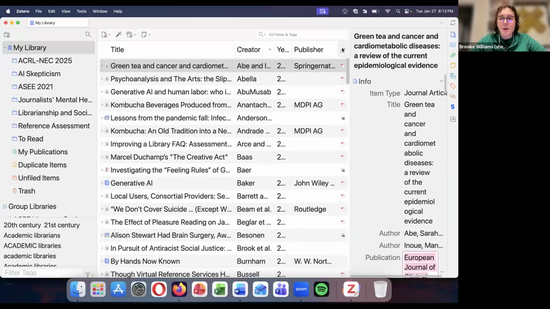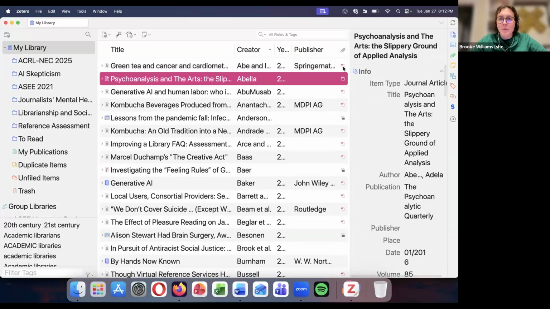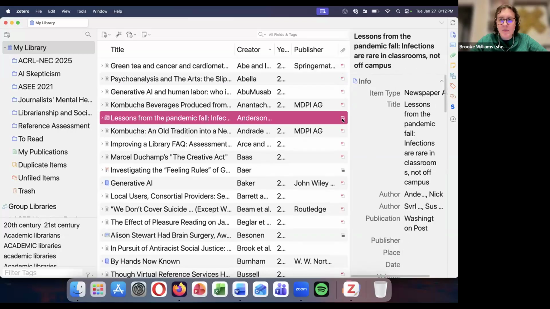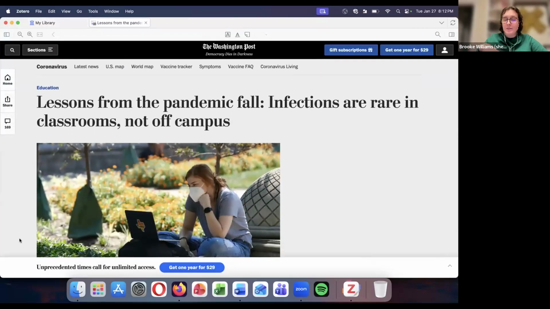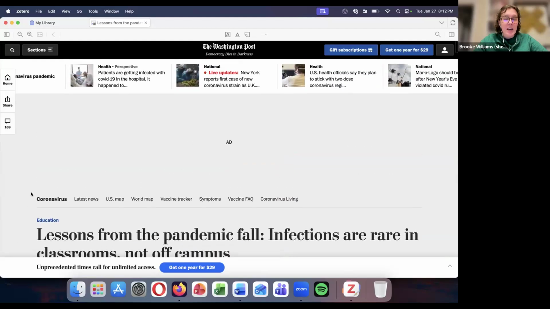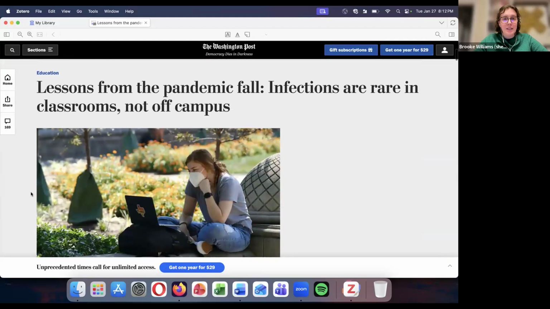And then you'll also notice all of these here under this little paperclip. Most of them have a little PDF symbol, or some of them have what's called a snapshot in Zotero. So this is a Washington Post article that I was looking at. Zotero just saved a copy of this article locally so that when I'm citing this article, if I want to get back to it, I am seeing the version of the article that I was looking at the time